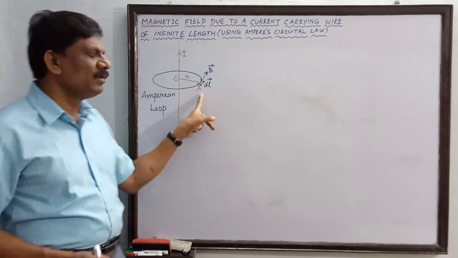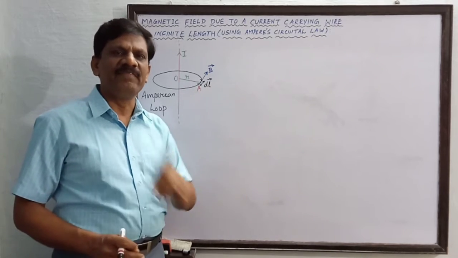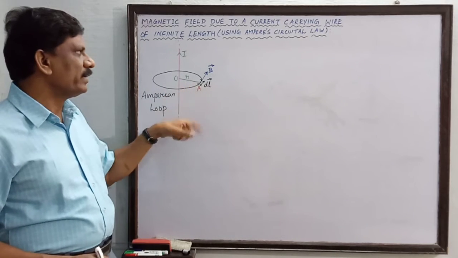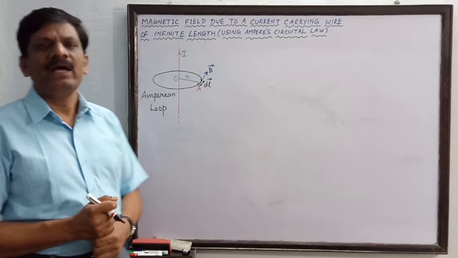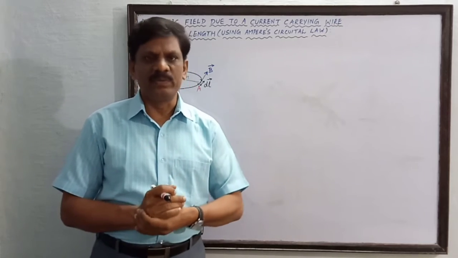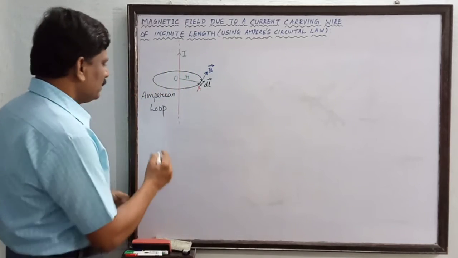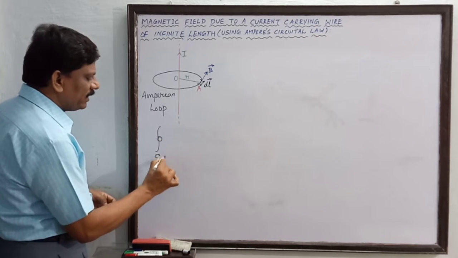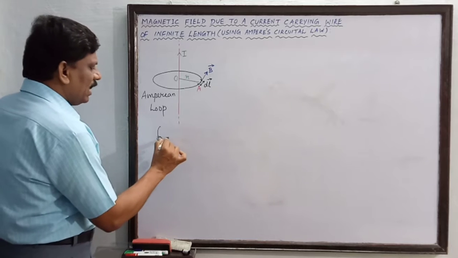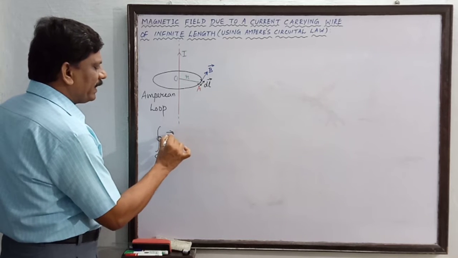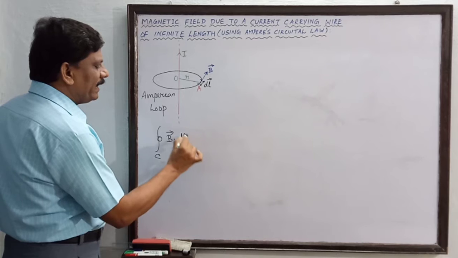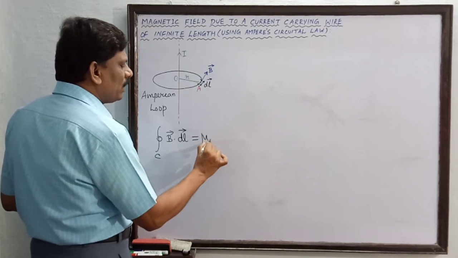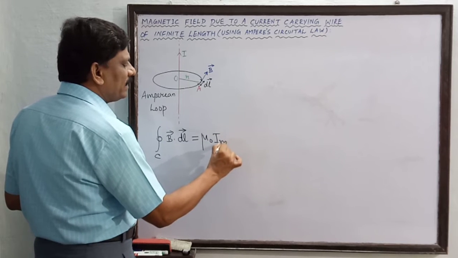So I am going to get an expression for the magnetic field at the point A, which is at a distance r. For that I have to use Ampere's circuital law. I will write Ampere's circuital law in the mathematical form. This is the closed integral of the dot product of the magnetic field and the line element vector. This is equal to mu naught times the net current enclosed